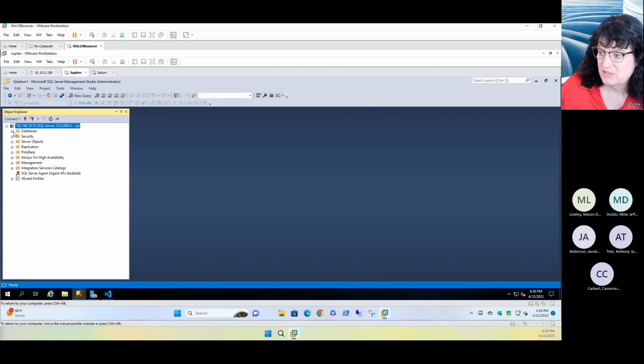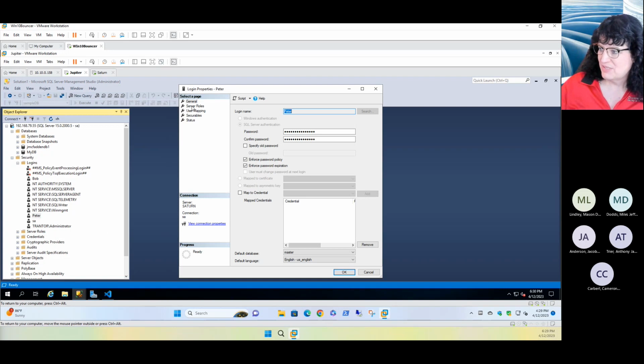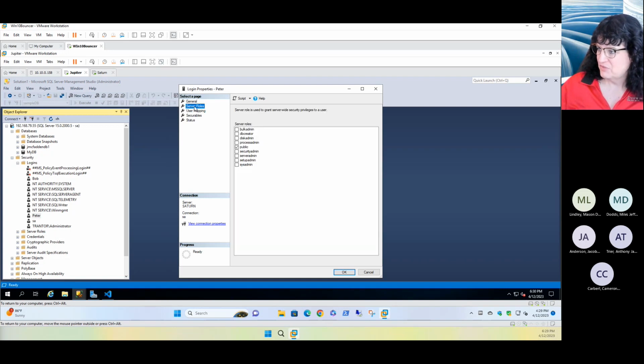Okay, so now we're connected to our database. We have our security, and this is the easiest way to do it. So we're going to go into our account Peter, and we're going to say, okay, what is the server roles? And we can see on the server roles, he only has public access. So he only has the access to log into the server, can't do anything else. That's okay, because this is a user. This isn't somebody who needs to do administrative things,